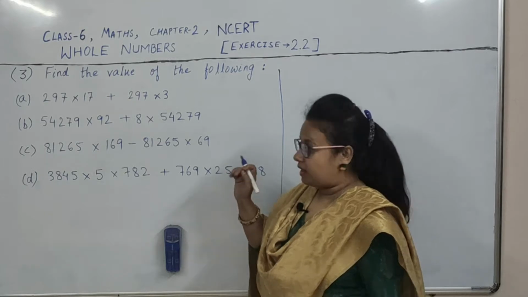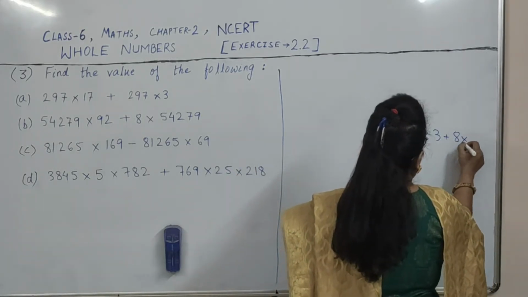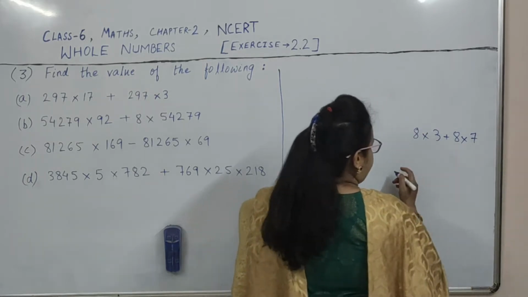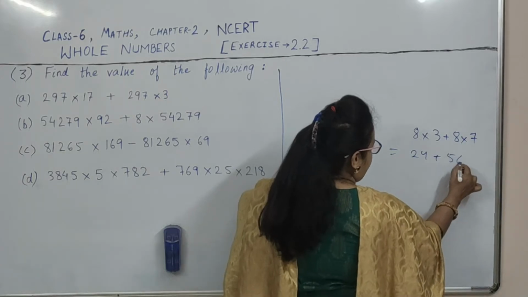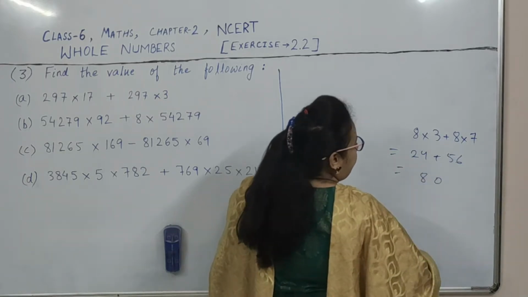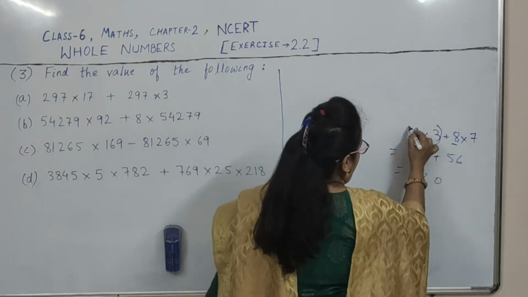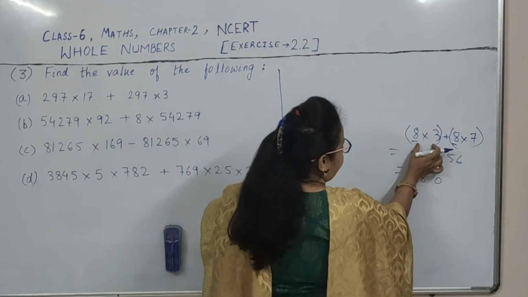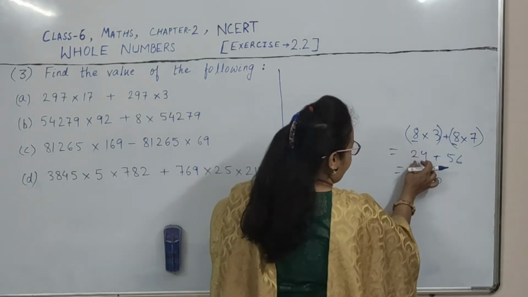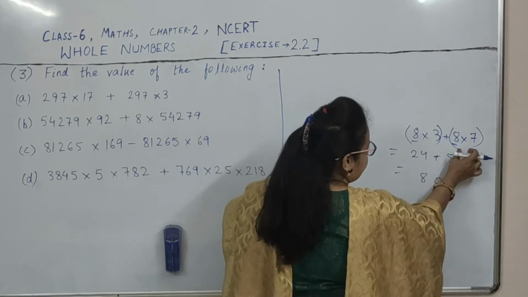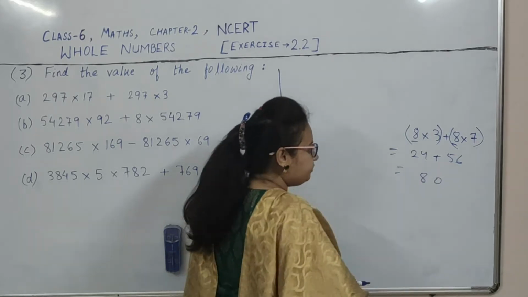Let us take one small example. See, 8 into 3 plus 8 into 7. These are all small numbers, right? So we can do it. 8 3s are 24 plus 8 7s are 56, and now we can add these two. It will be 80. See what we did. The product of these two should be added to the product of these two numbers. So we found the product of these two numbers, gave the plus sign, then found the product of these two numbers, and we added these two and got this one.